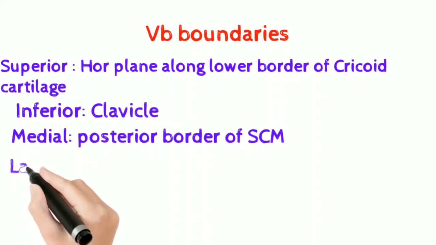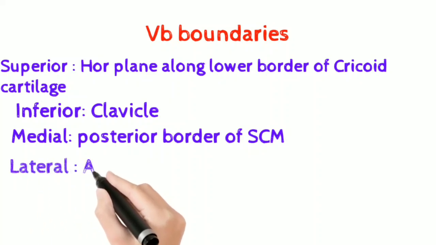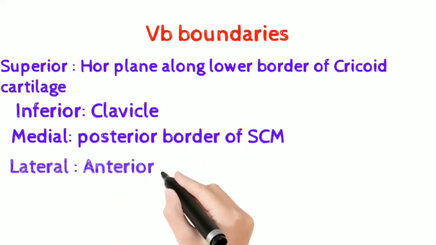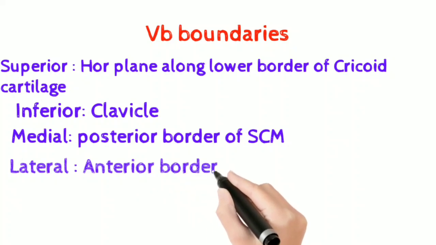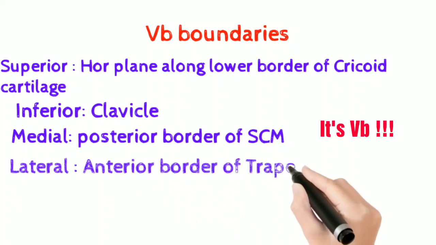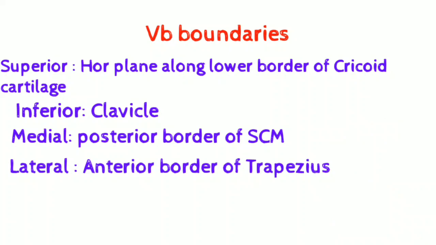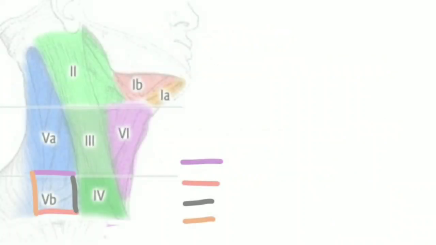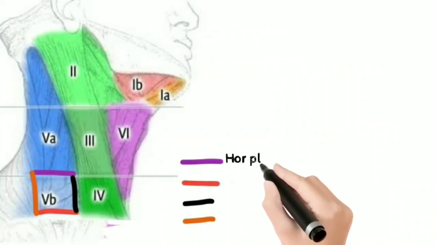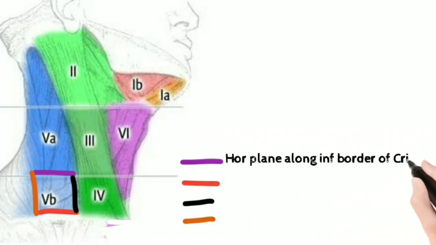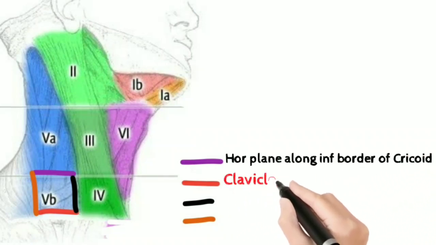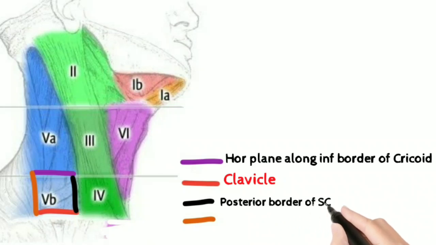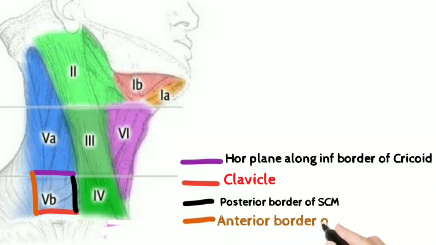The only difference between AAO and AJCC regarding boundaries lies in level 5B. In AJCC, the medial border of 5A is given as the posterior border of sternocleidomastoid alone, but in AAO, both the posterior border of sternocleidomastoid and the sensory branch of the cervical plexus are given. Otherwise, if we consider both the classifications, the boundaries are the same.